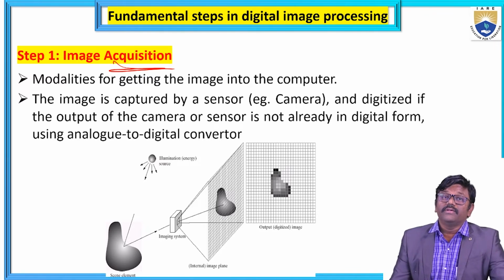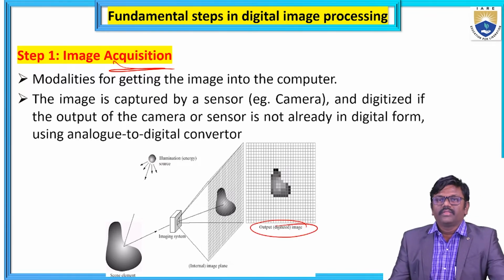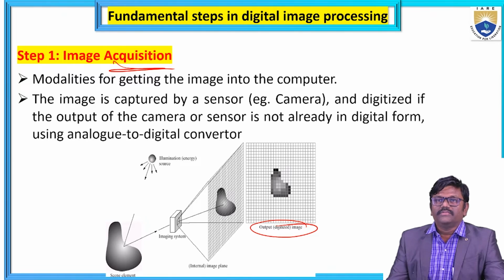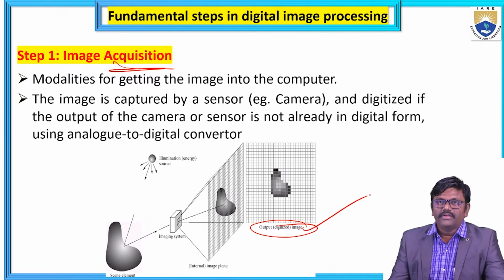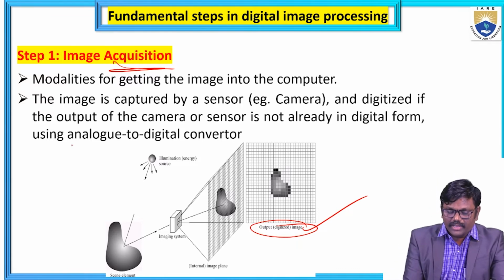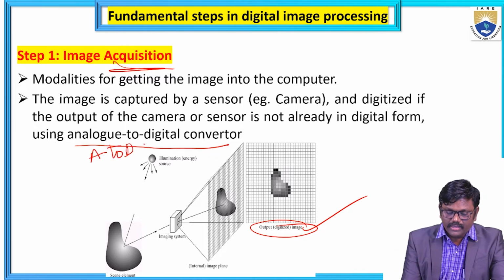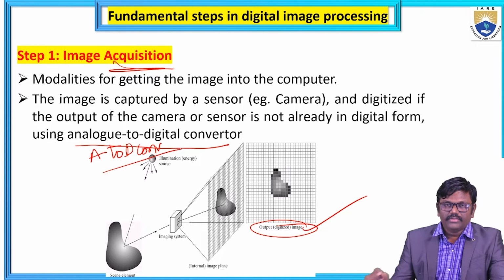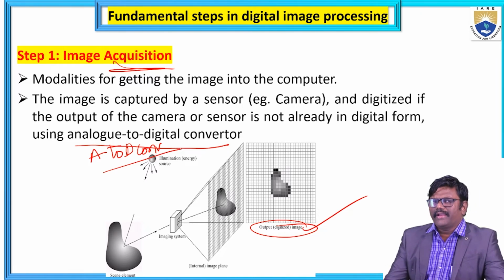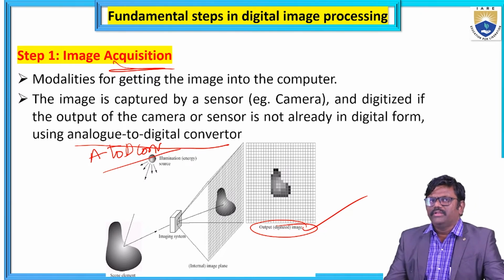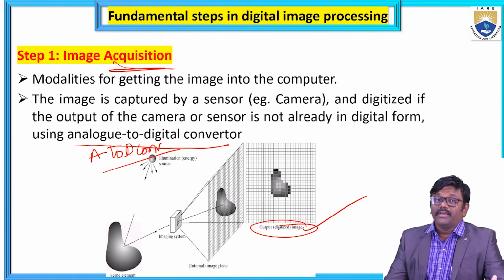Logging of the digital data means purely we are going to see the output in terms of a digital image. So that digital image is here. We are going to see in detail the conversion by the analog to digital converter, that is the A to D converter. Later we are going to understand what this converter is, why it is named A to D converter, analog to digital converter, and how it plays a vital role, especially in the conversion of analog